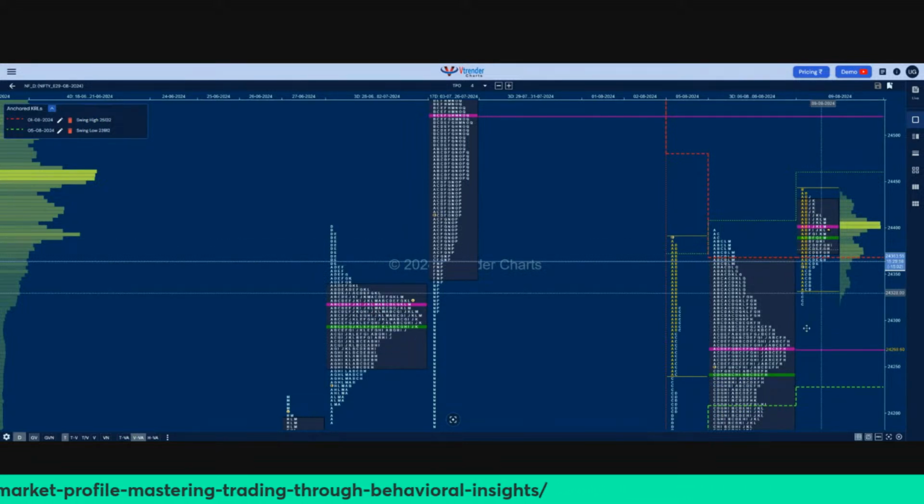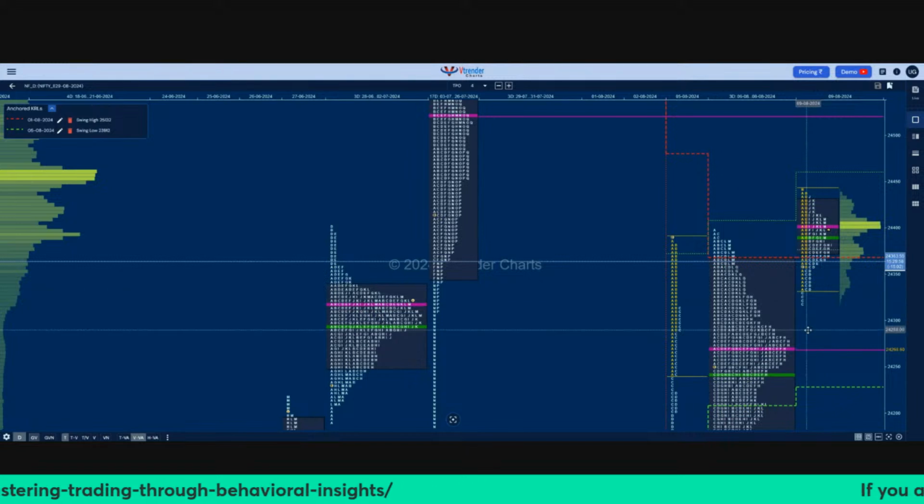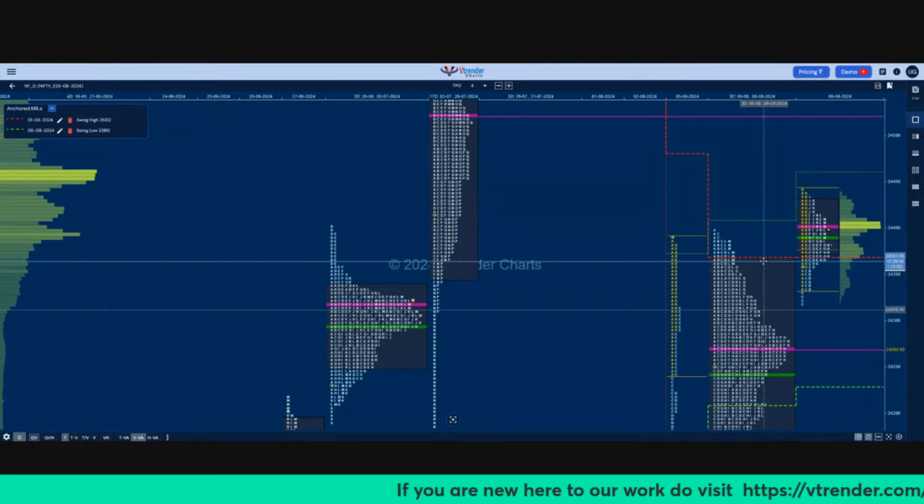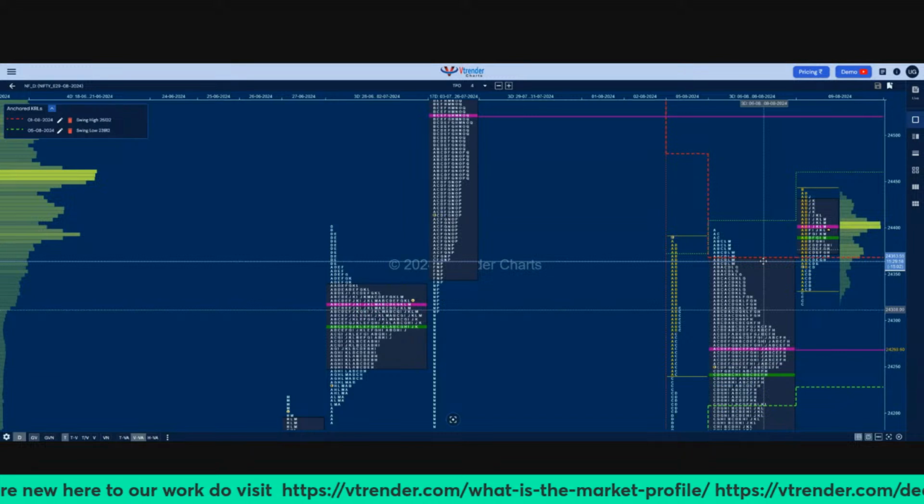And on the downside, what would we look at? We would look at the value of Friday, the value area low. And then if we enter into this composite, our order flow would get triggered, and we would look for a tag of this POC and the value area low. So what happened today